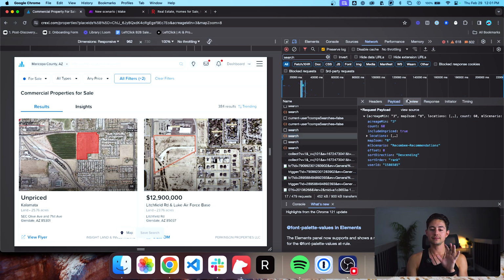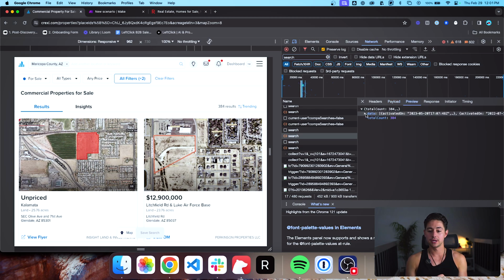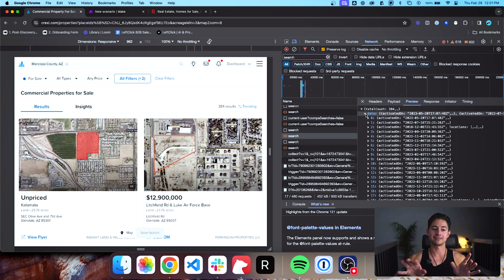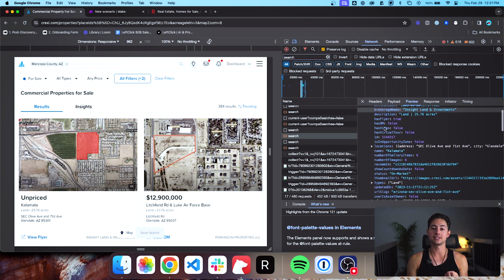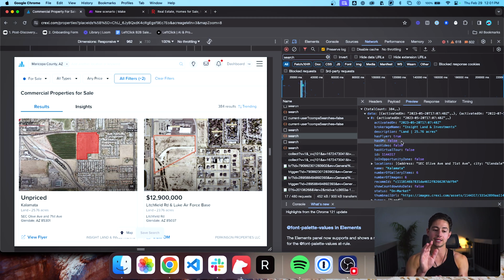Okay. What you're looking for is something like this, where when you go to preview, you have a big JSON, JavaScript object with just a giant boatload of listings, just like we have here. And if I click into each of these listings, you'll see that we actually see all of the information that's represented on the left-hand side here. We just see it in tabular JSON. So this is the data source for Crexy. It's this URL,